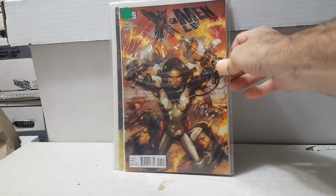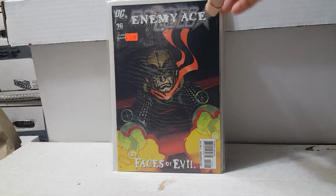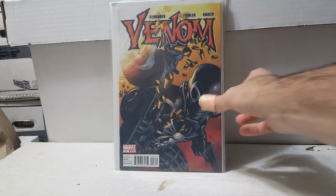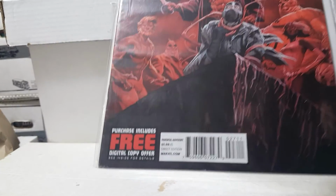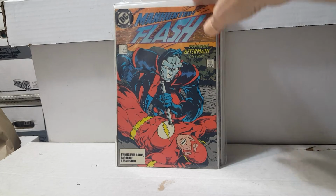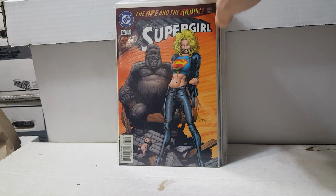X-Men Legacy, I don't know what number that is, it's 243, Booster Gold 16, this is part of the Faces of Evil tie-in, Venom number 3 out of the Remender run, Uncanny X-Force 30, 28, and 27, 26, Flash out of the volume 2, number 22, Conan 271, Supergirl number 4,